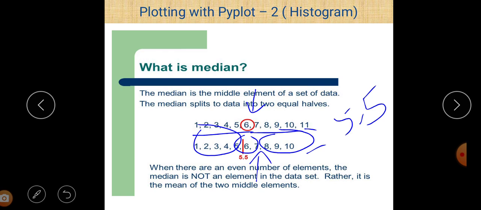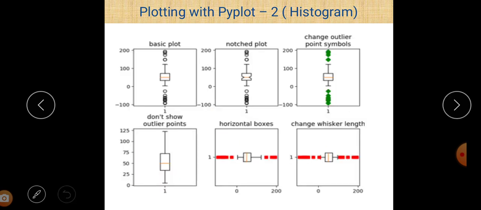So we can easily find the median when there are an even number of data items, but in case of an even number of data items, we take the mean of the two middle values, because there is no single middle value in that case. So now I think the concept of median is quite clear to all of you.